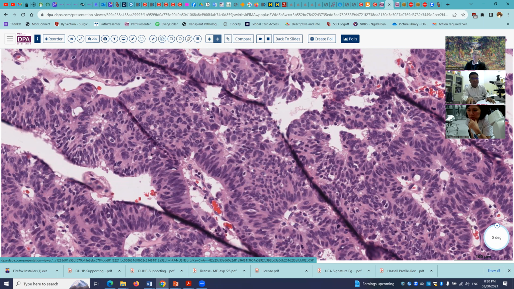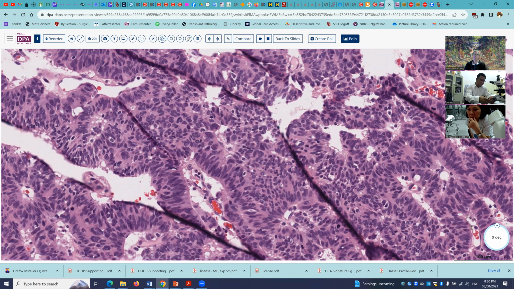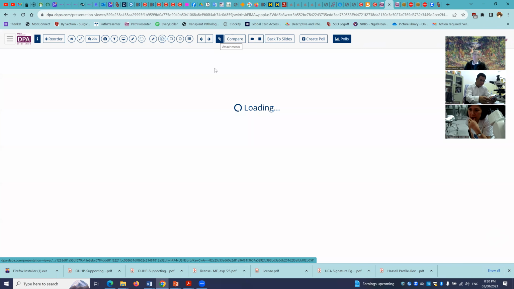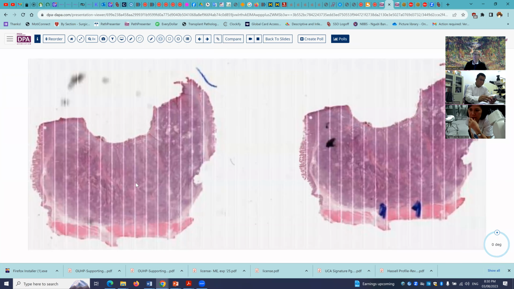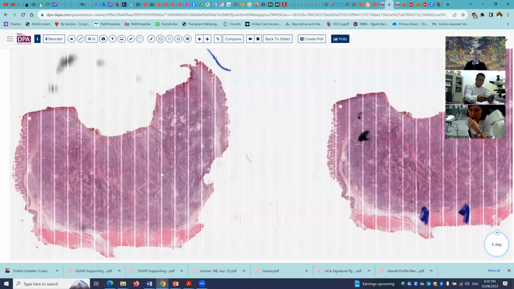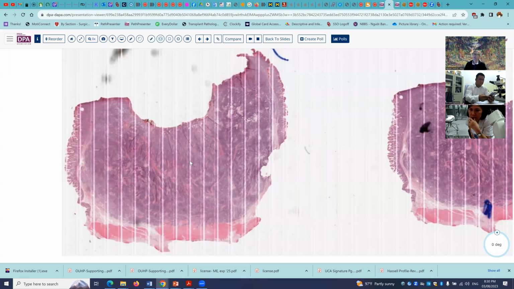I think there would be some observers who would call this a grade 3, assuming that the proliferation indices are high enough. Here's another example, and I apologize here for this. This is from the ampulla,